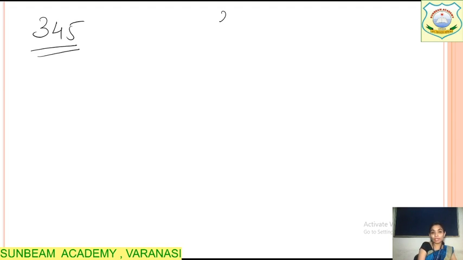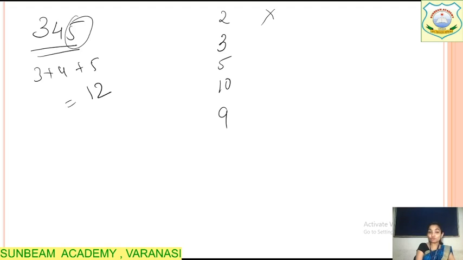Here we have studied divisibility rule of 2, 3, 5, 10 and 9. हमने इतनी divisibility चेक की है, right? So let's start. 2 का रूल क्या है? लास्ट प्लेस देखना है. So 5 है, so no, it is not divisible. 3 का रूल क्या है? We have to add 3 plus 4 plus 5, that is 12. So yes, 12 आता है 3 की टेबल में, it is divisible. 5 का रूल क्या है? लास्ट डिजिट अगर 0 और 5 है तो yes, it is divisible. So yes, it is divisible.